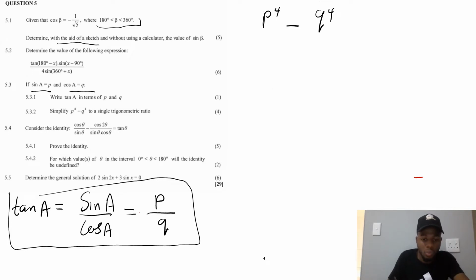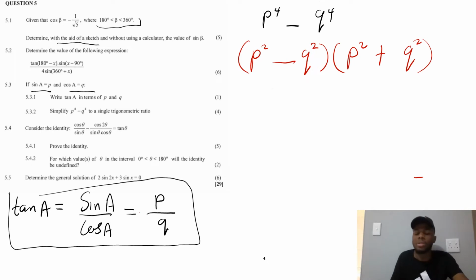This is a difference of 2 squares, so we're not going to struggle. We're going to have P squared into P squared, and then here we're going to have Q squared, then Q squared plus and minus. This is a difference of 2 squares, so it's very simple. And then let's come and plug in. What is our P? Our P is sine A, so it means we'll be having sine squared A minus,